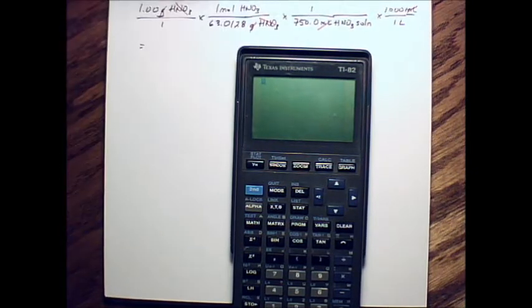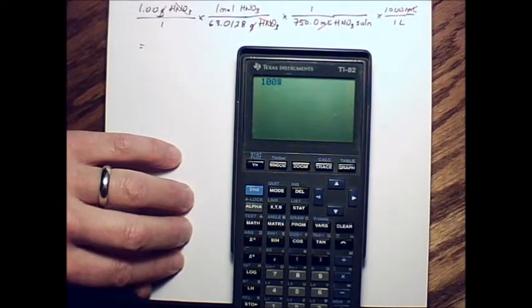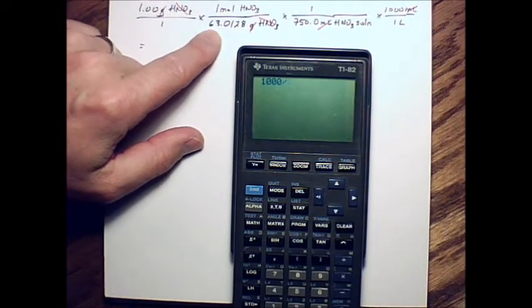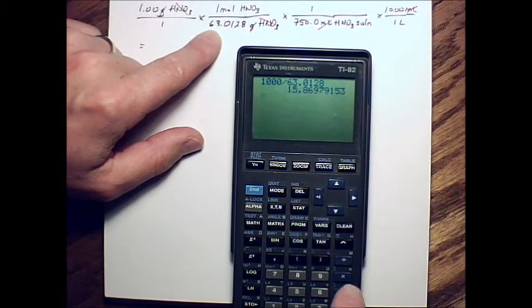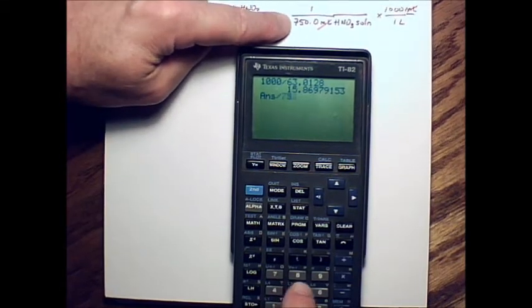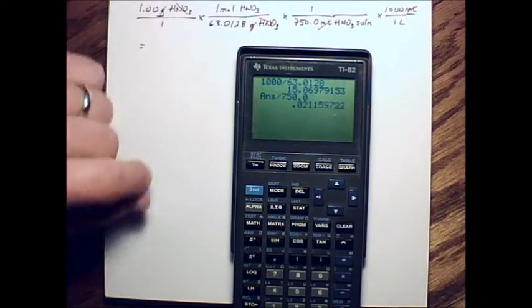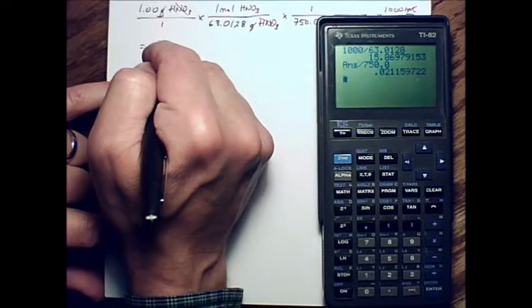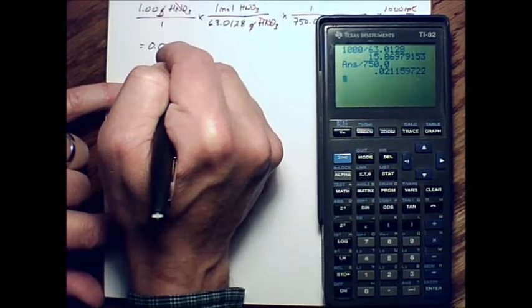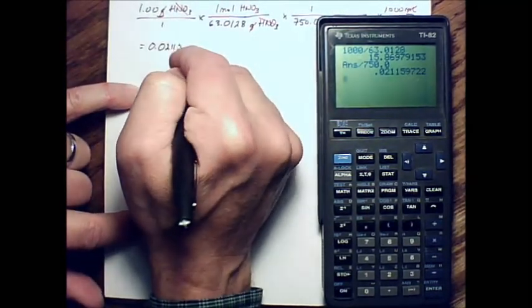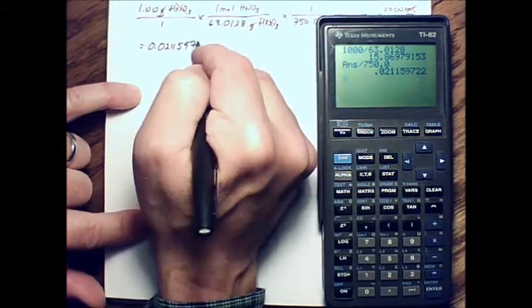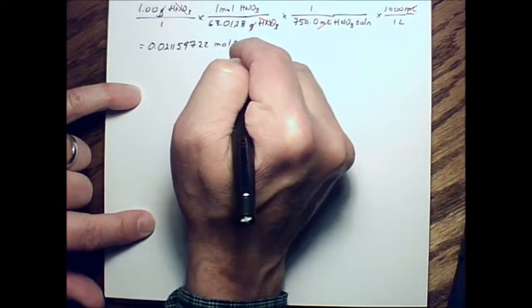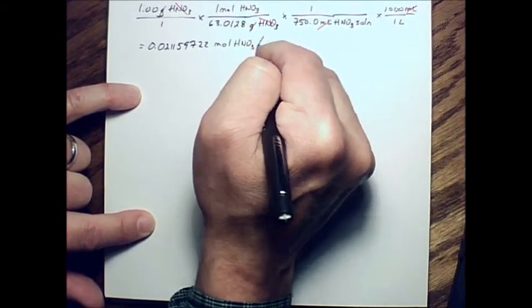So we want 1 times 1,000, which is 1,000, divided by 63.0128, and then divide by 750.0. We don't have to divide by 1. Okay? All right, so that gives us a concentration of 0.0211599722. Okay, and that's going to be moles of HNO3 over liters of